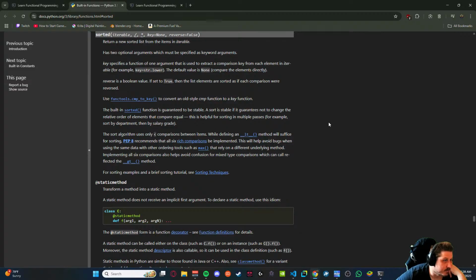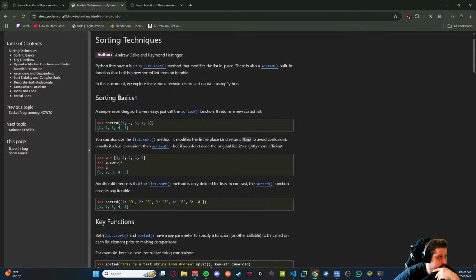Returns a new sorted list from the items in iterable. These two options must be set as keyword arguments. Sorting examples. Sure. Sorted. This. You can also use that.